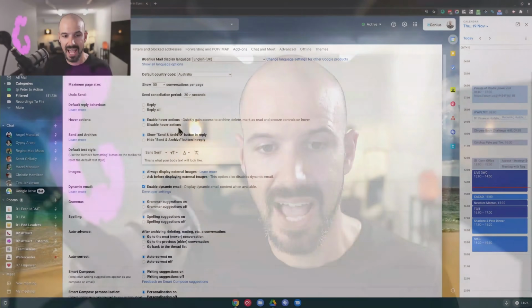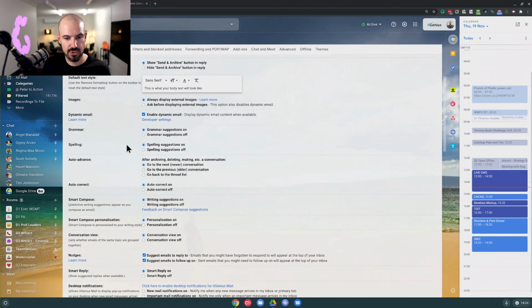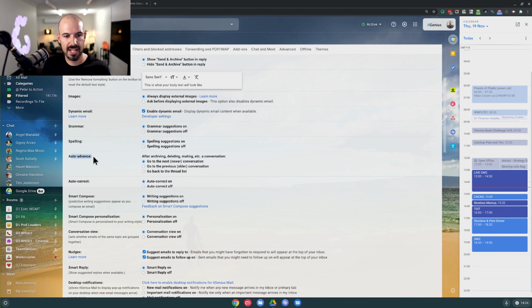The next one that I want to talk to you about is called Auto Advance. And this one is also in the General tab. So Auto Advance, I've got a feeling we have to switch it on first in the Advanced menu, and then it will appear here. But what Auto Advance does is it helps you with that triage. It helps you actually, after you've finished with an email, whether you've either replied or archived or moved it to a folder, it's actually going to automatically skip to the next conversation.